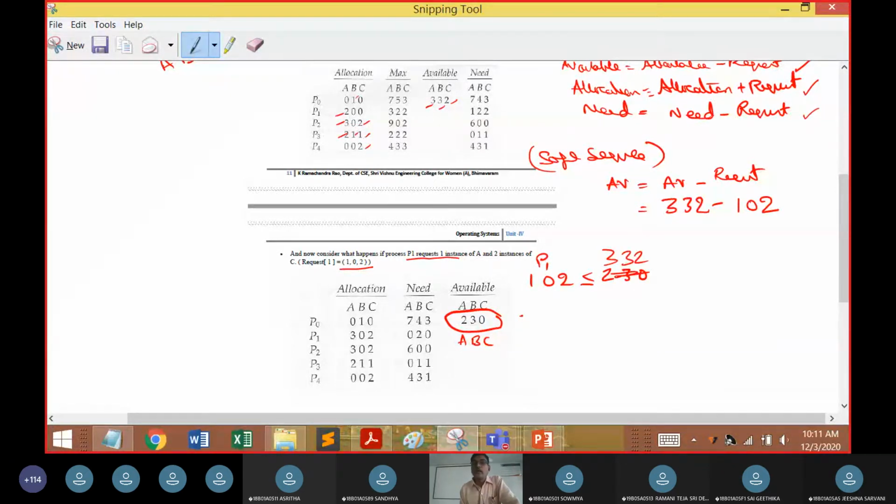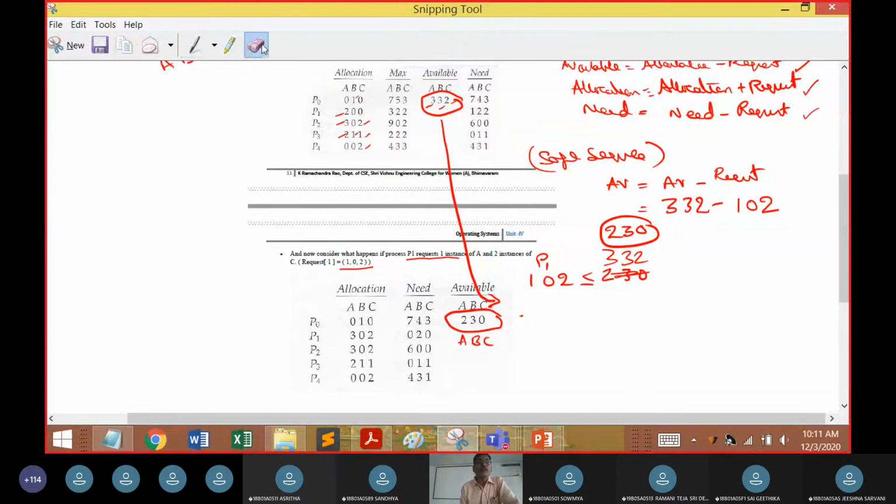So now we are going to have the value 2, 3, 0. This was the new thing we have to understand. Earlier it was 3, 3, 2, and now it migrates to 2, 3, 0. Got it? So available is equal to available minus request.